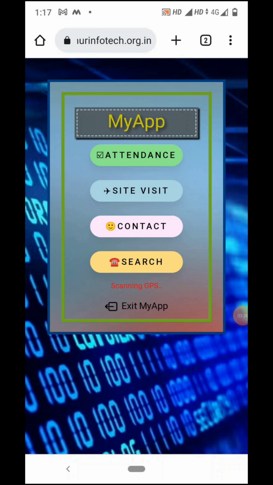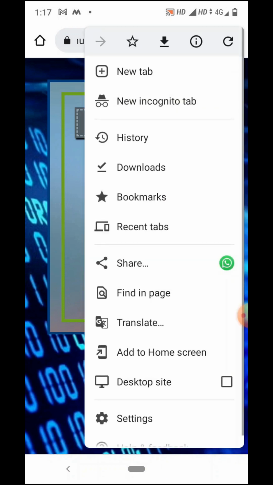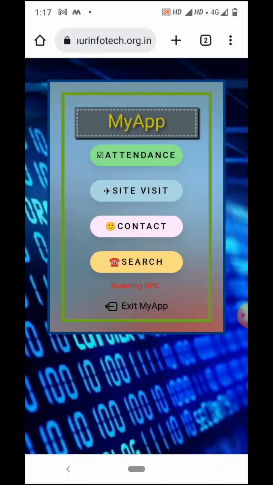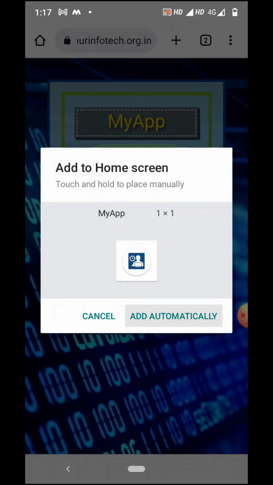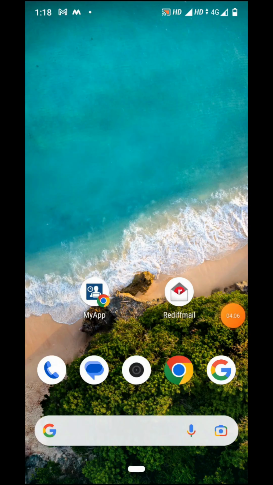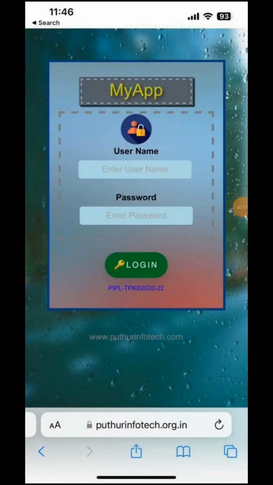So now let's see how we can install it as an app. Either you will be getting an option below the screen to add it to home screen. In case if that option is not coming, you can go to the options on the right hand side and click on the three dots, and then there is an option to add to home screen. So you can click on that and then can click on add, then it will be added to the home screen automatically. Or some people will get an option as install, so you can give install, so now your app will be added to your home screen.